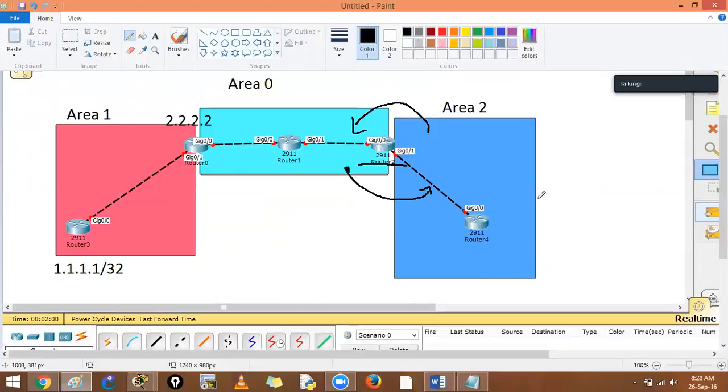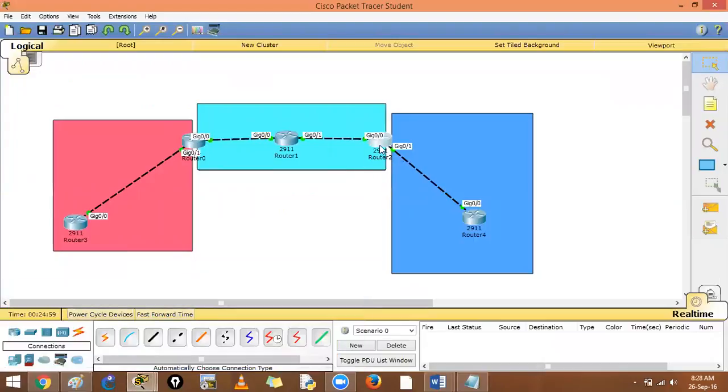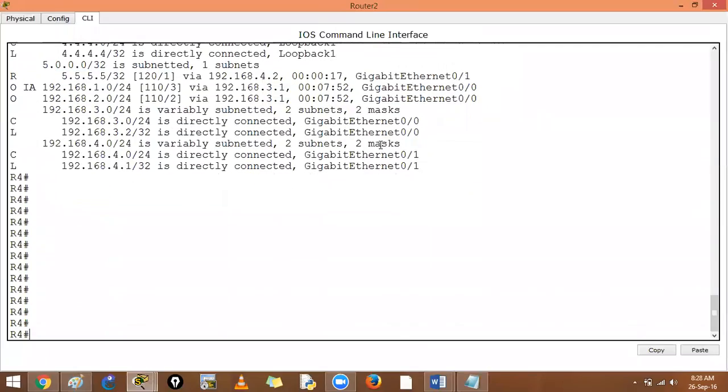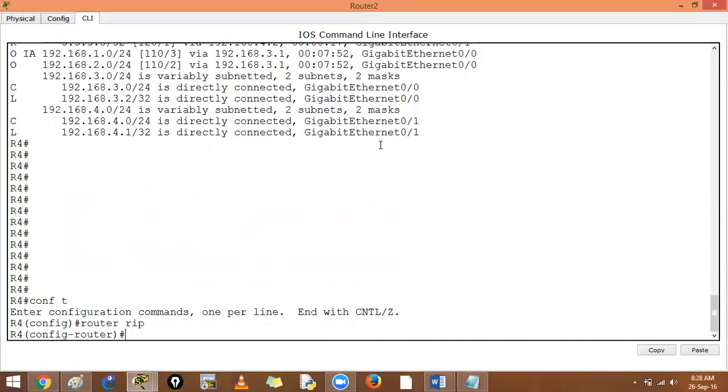Because OSPF understands link bandwidth, and RIP understands hop count, how will they understand each other, right? So we have to tell them. Let us see, OSPF is classless, RIP was classful. Let's do that. Let's say router RIP, and here I will say please redistribute